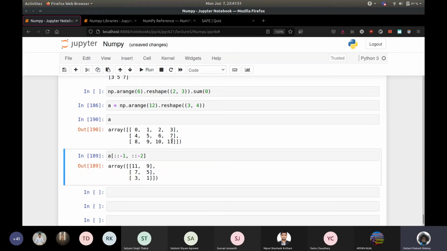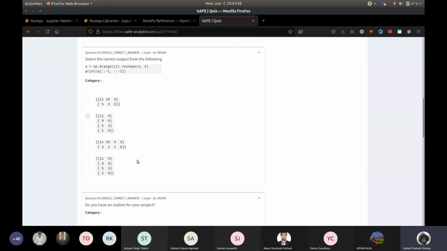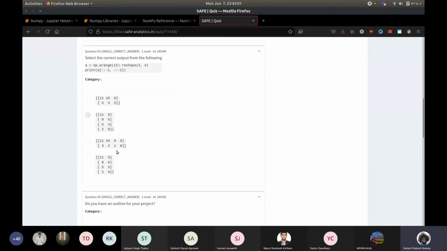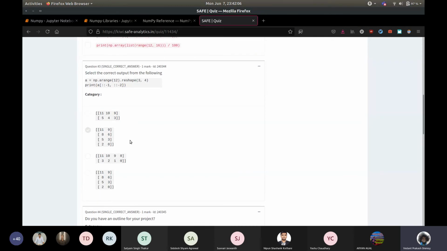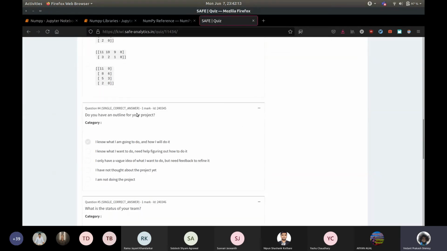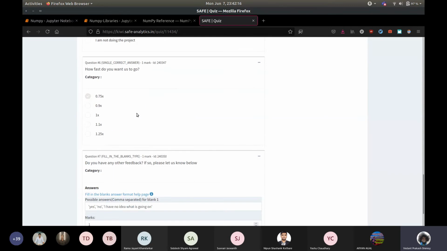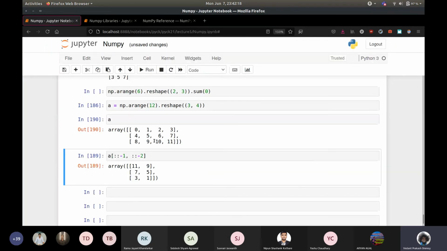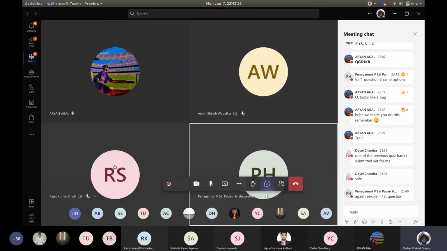So it reverses the rows and then it takes every second column from backwards. So you get pretty much this. And I think the correct answer that has been given here is wrong. I think this was a bug on our side. I will fix this up later. Don't worry about it. The rest were just normal questions. This one I'll put up on doubts. I think that was a mistake during making the question.